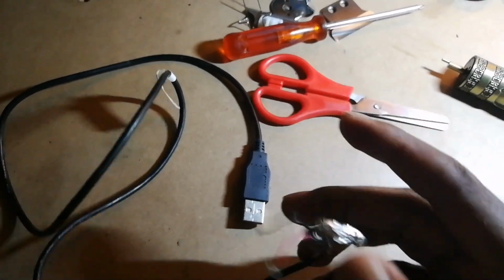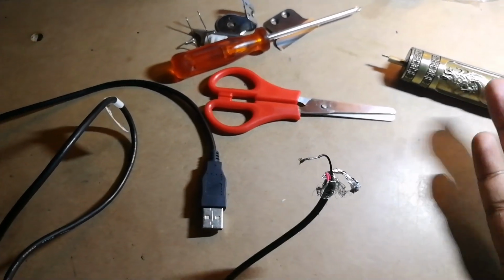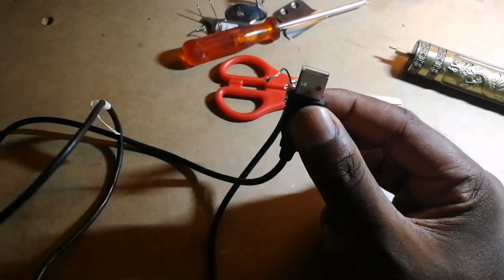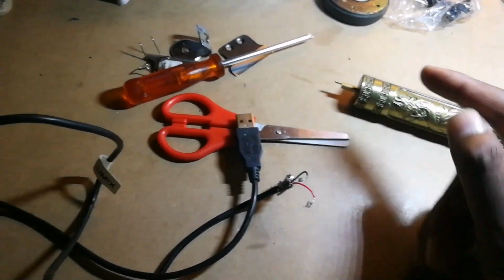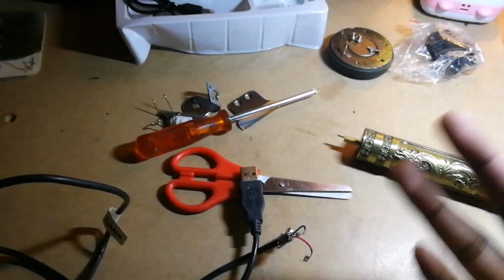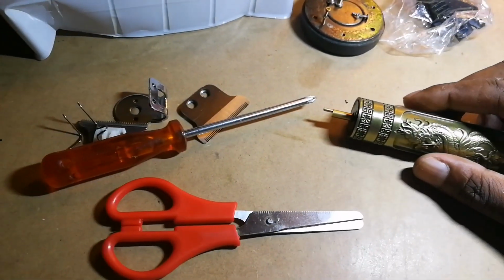So when I'm going to be using this machine now, it's going to be directly connected with this cable. Whenever I want to power it on, I'm going to plug this cable into my power bank or USB slot, and the motor should run that way. It just wouldn't be wireless, it'll just be wired, but it's better than having nothing at this point. So what we're going to do here is